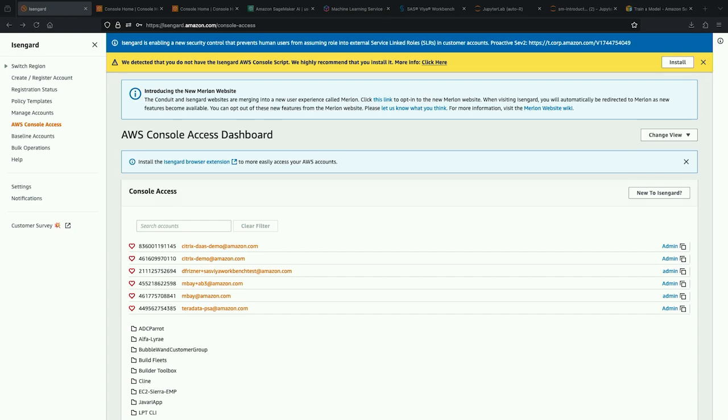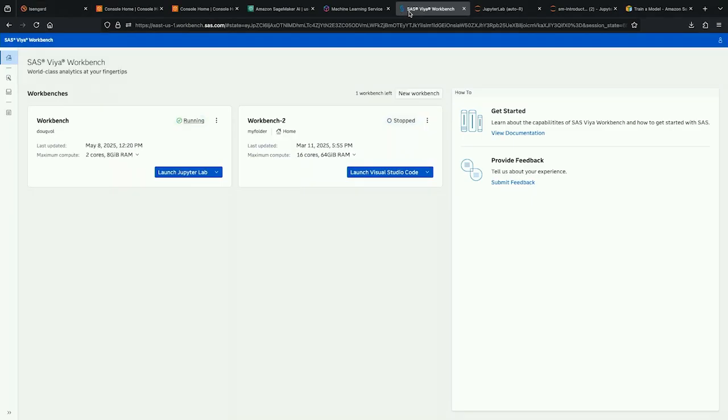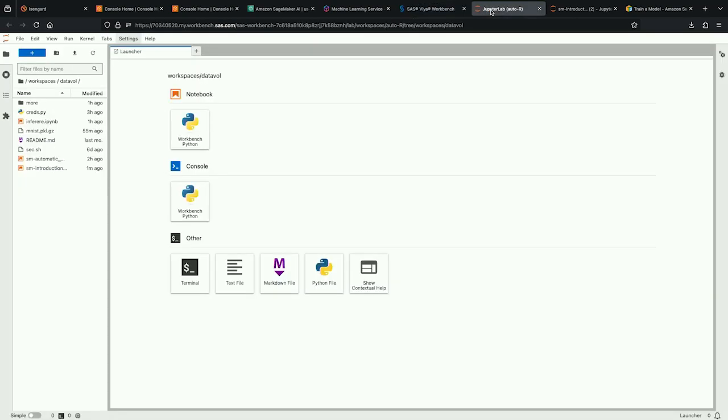Right. I'll try to do this. And so this is your workbench, and then once you launch a lab, essentially a Jupyter lab, you're able to access your Jupyter lab from here.